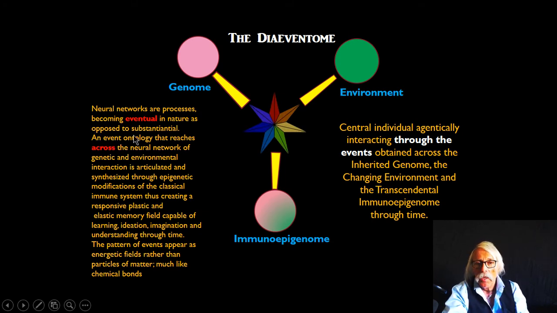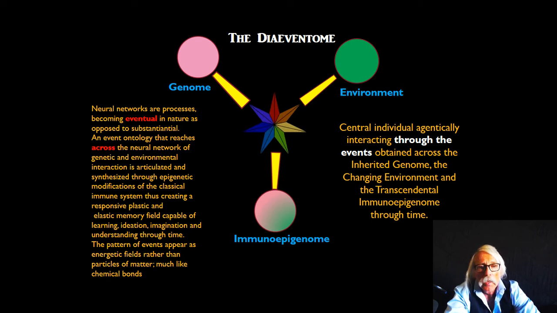Now let's look at this. Neural networks are not substances, they are processes. That means they're in constant dynamic agentic flux. They become eventual in nature as opposed to substantial. So they're not substances, they're events. An event ontology that reaches across this neural network of genetic and environmental interaction is articulated and synthesized through the epigenetic modification of what's known classically as the immune